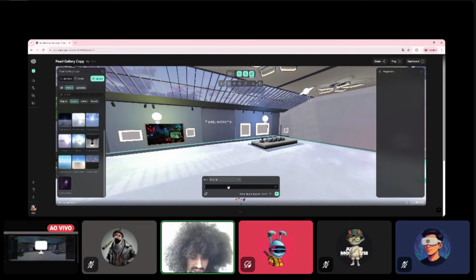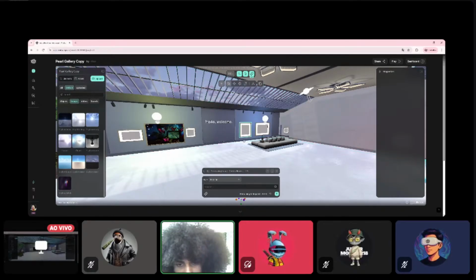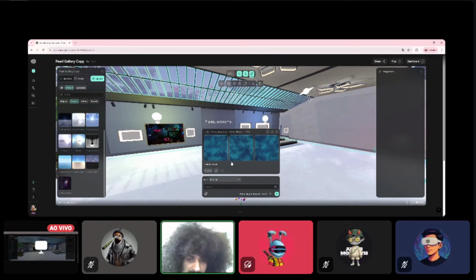Also, here in our AI generation, I was doing this earlier today, you can also create images. Let's say that I want a golden flower pattern. You can always generate an image without needing to transform it into a 3D object. That's what I wanted to say. The AI generation can also help you to generate only images if you want to. If you want to create a storytelling that uses images, you can always do it using our AI system. Just need to wait a little bit.